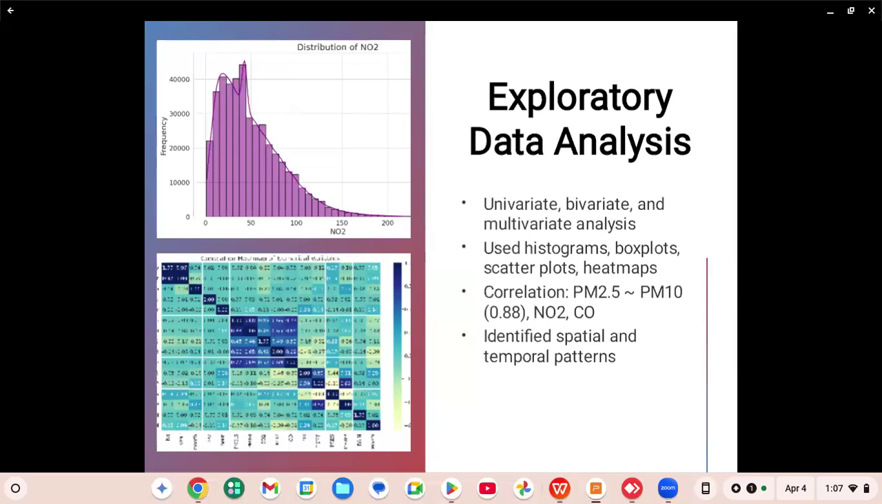Additionally, I used box plots for examining how PM2.5 levels vary across different monitoring stations. This helped identify patterns over time and highlighted locations with consistently high pollution levels. These insights were useful when selecting features for the prediction model and the data